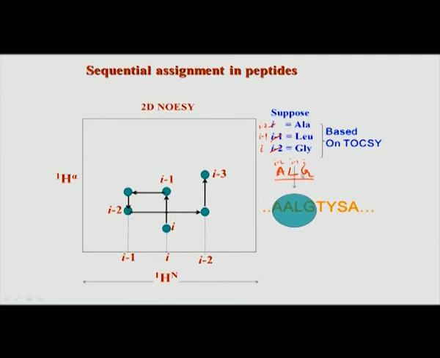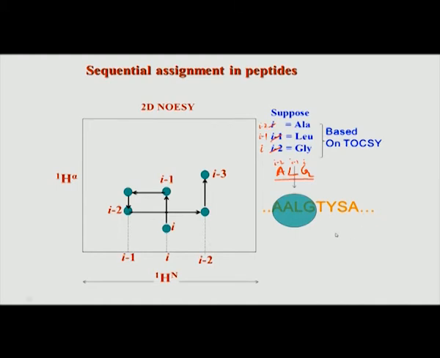So, you may still have to establish a link between them, only then can you say that you have completed the assignments. Without establishing a link between amino acids, like we do based on NOESY and TOCSY, we cannot say that we have done the sequence specific resonance assignment. Now if you recollect, there are two things we have to achieve in that. Number one, we have to do spin system identification, meaning from the TOCSY we have to identify all the amino acids, what amino acids they belong to, and from the NOESY we have to establish a sequential link.